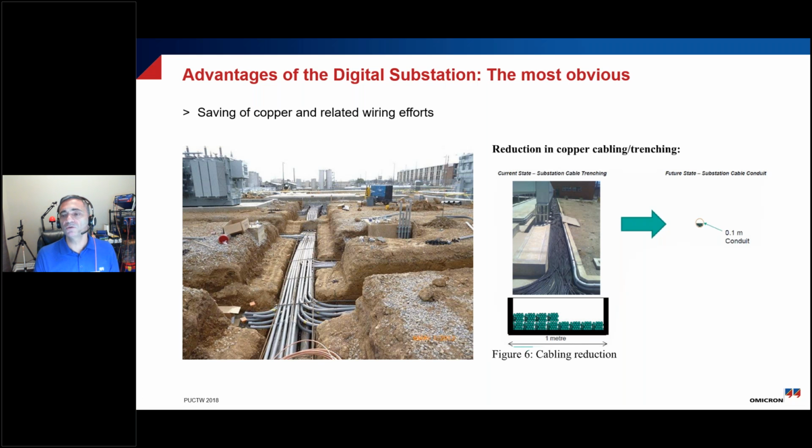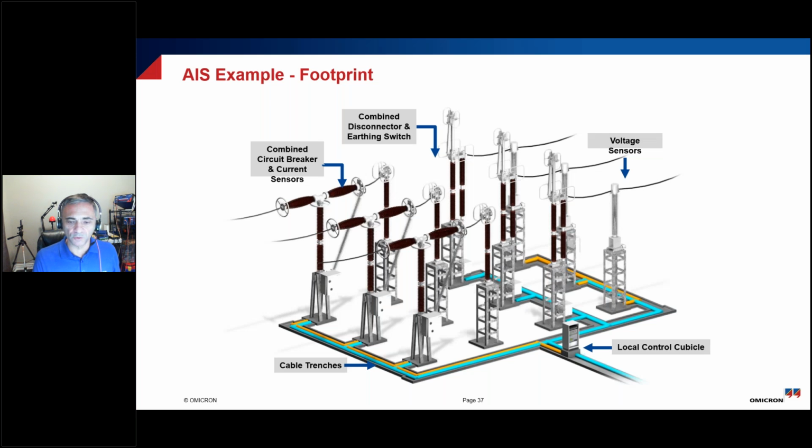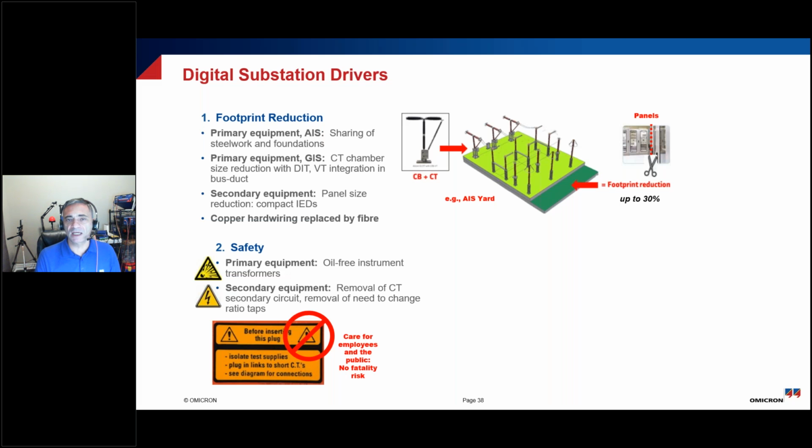So there's huge savings in terms of cost, in terms of the actual physical size of the substation. It's reduced in size because of that. It's reduced in size by up to about 30% because of the reduction in copper. There's some additional